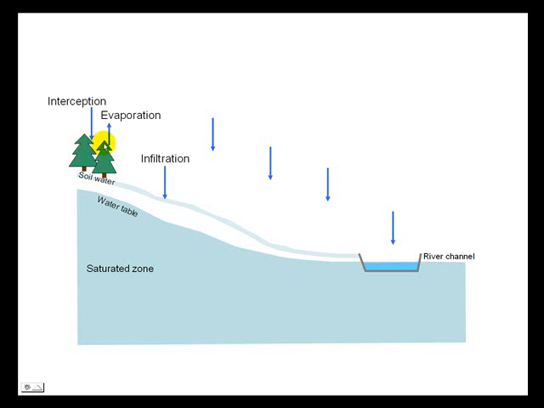Some of it is subsequently evaporated, some of it drips to the soil surface, and water reaching the soil surface may enter the soil by a process called infiltration, and that's where water enters the soil and travels downwards through it. Water that doesn't infiltrate the soil travels over the surface as overland flow,